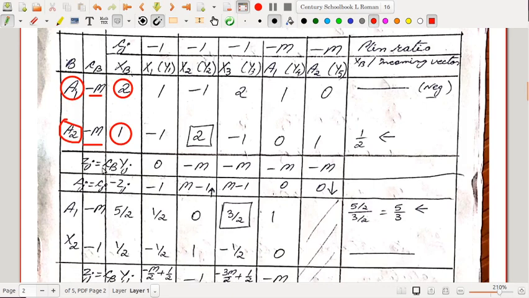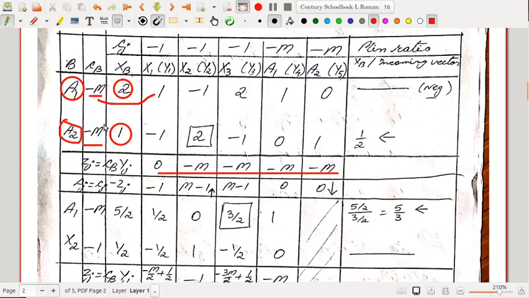And then if you compute zj equal to cB times yj, you'll see you get these values here. For example, for the first one it's minus M into 1 and plus minus M into minus 1, so that's 0. For the second one it's minus M into minus 1 and minus M into 2, so that's minus 2M plus M, so that is minus M. So that way we can compute, and then we calculate delta j.